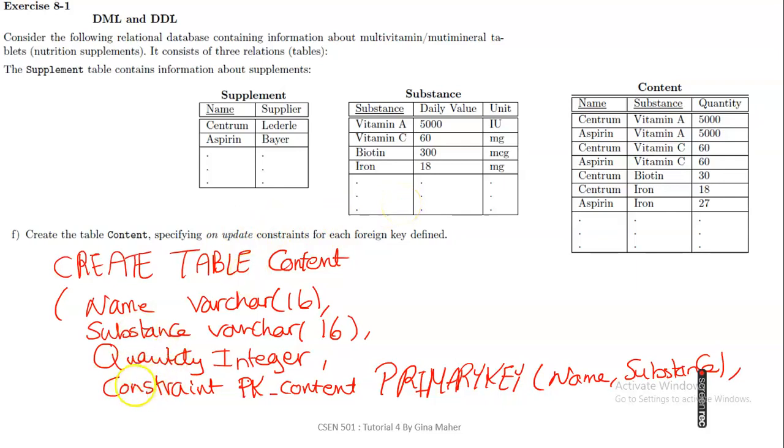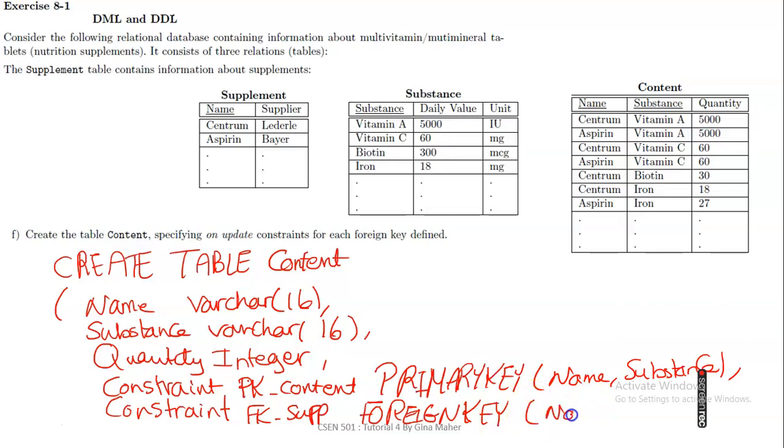Okay, so we can simply write constraint, and give it any name, foreign key supplement, foreign key, which is the name, references supplement,